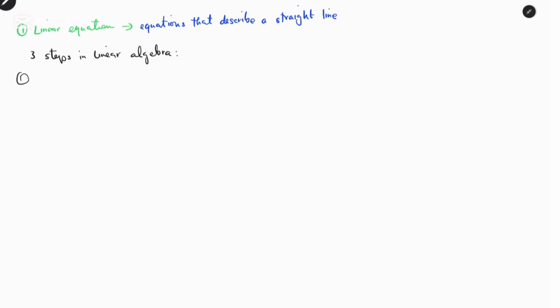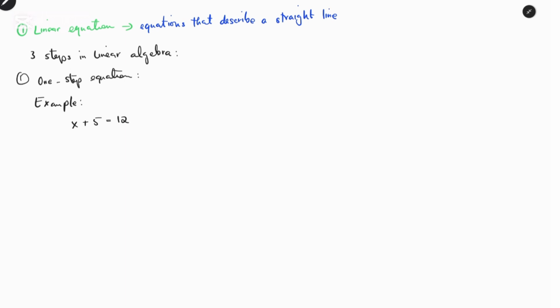The first step is known as a one-step equation. If you come across an equation, as an example, if you have the equation x plus 5 is